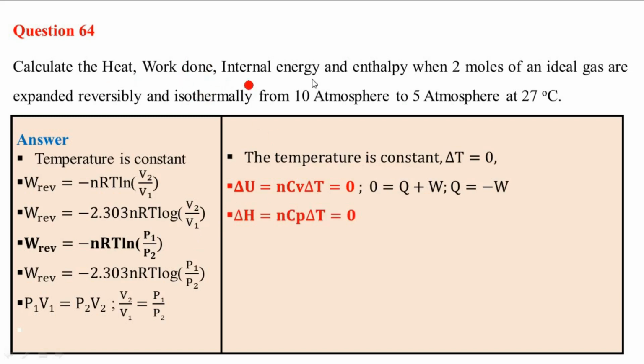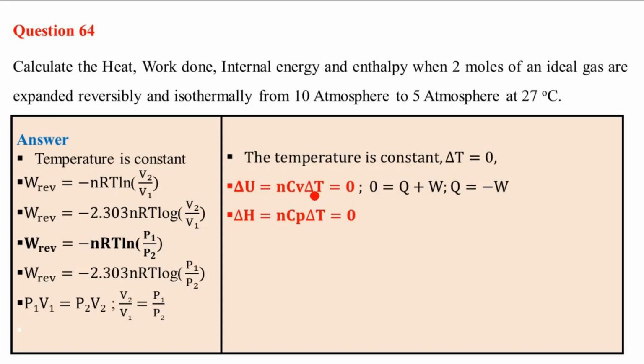What is the enthalpy? The enthalpy is equal to nCp dT, because we were asked to calculate the enthalpy. The internal energy is equal to 0. Enthalpy will be equal to 0 also, because it's equal to nCp dT. Enthalpy is when we have constant pressure. In this case, dT is equal to 0 because we have constant temperature. So the delta H, or enthalpy, will be equal to 0, and the internal energy is also equal